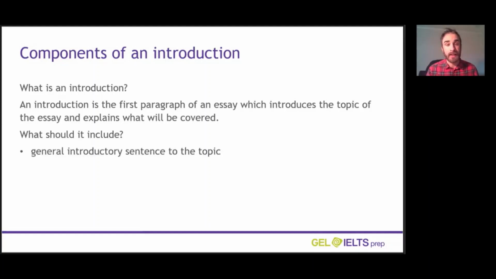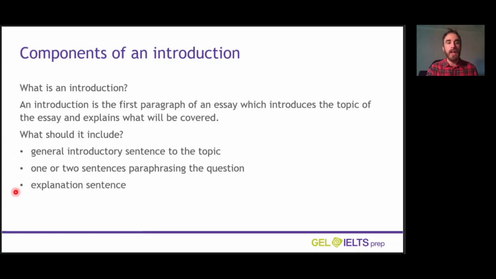Well, you need an opening sentence that gives an introduction to the topic. This sentence could be combined with or separate from one or two sentences that paraphrase the question. So the question also gives a general introductory sentence, so you can use this, but don't copy it, paraphrase it. Then you need to explain what the essay is going to talk about. If it's an opinion essay, it can also be very good to put your opinion in the introduction. You will also put it in the conclusion, but the introduction is a good place for it if you're then going to justify why you think this.